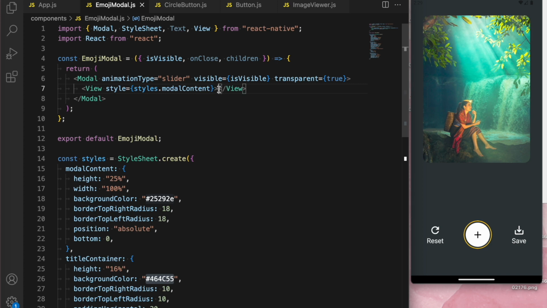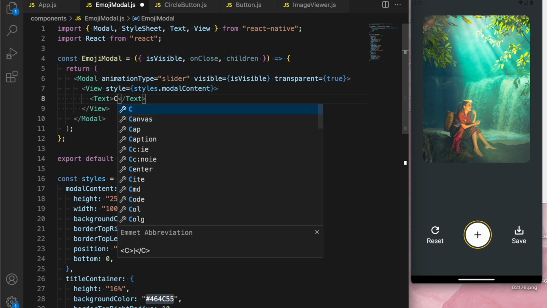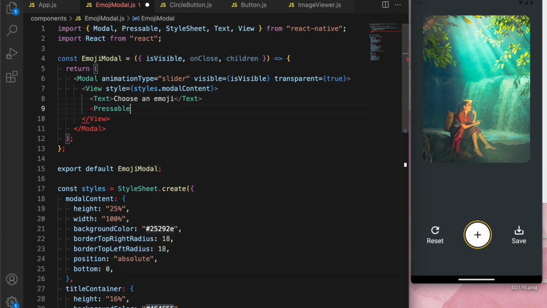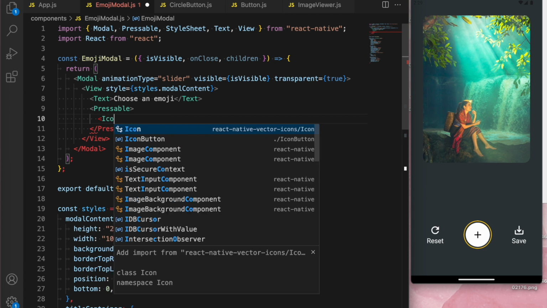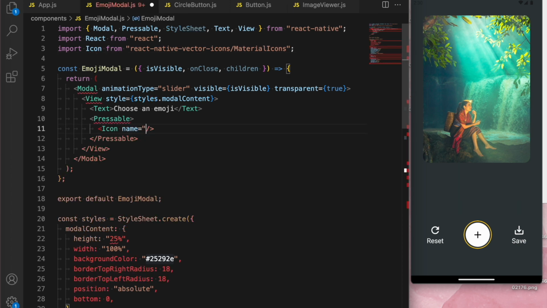Okay, so now let us make the header. For that we are going to use a Text, and it would be Choose an emoji. Okay, and for the close button we are going to use Pressable because that would be clickable. And over here again I'm gonna use icon from React Native Vector Icons, and let me again use MaterialIcons over here. So for that I'm gonna use the name of close,